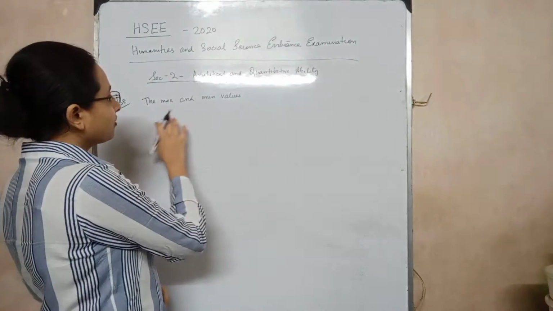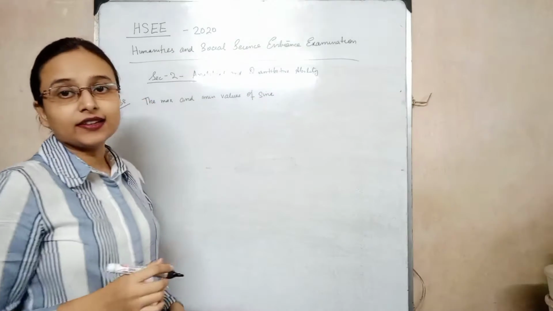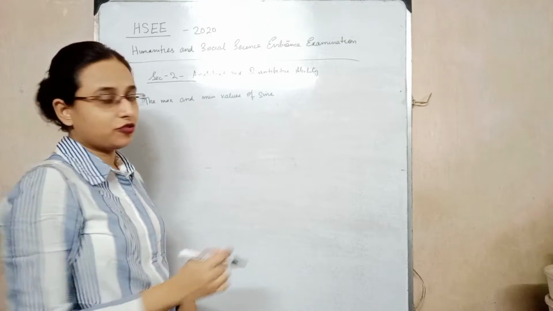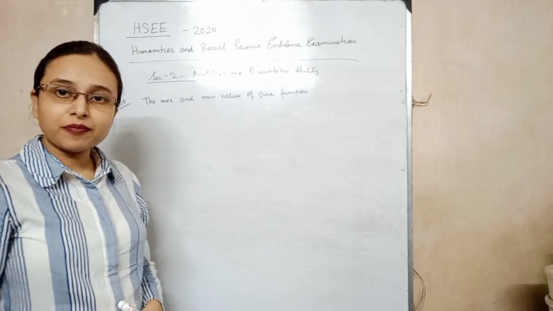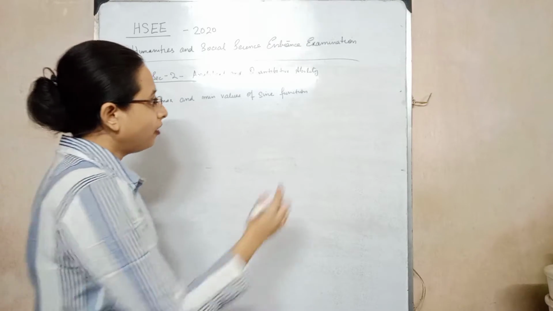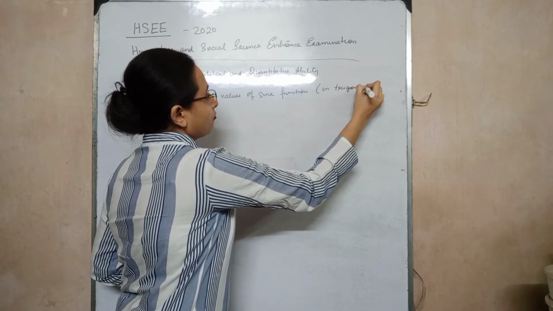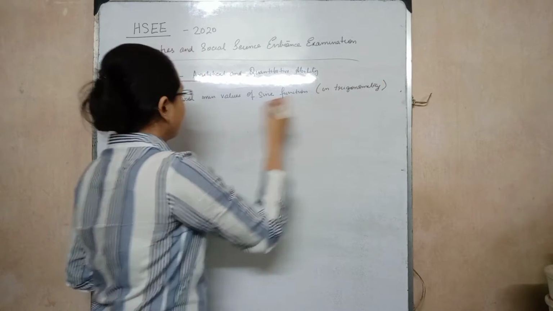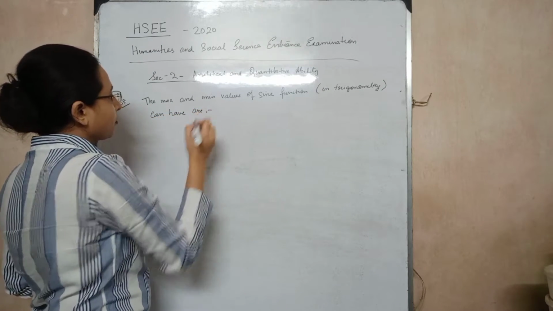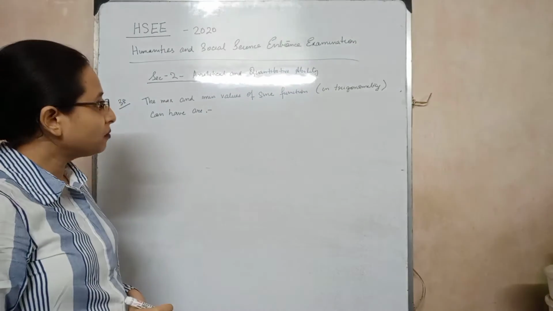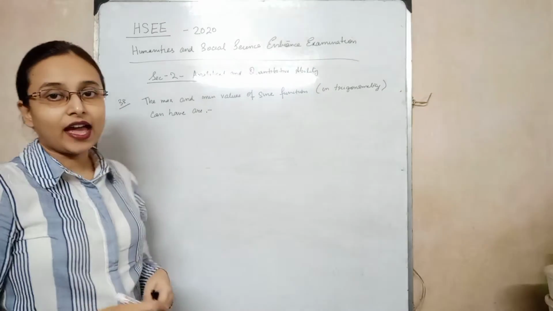Okay, the maximum and the minimum values that the sine function in trigonometry can have are